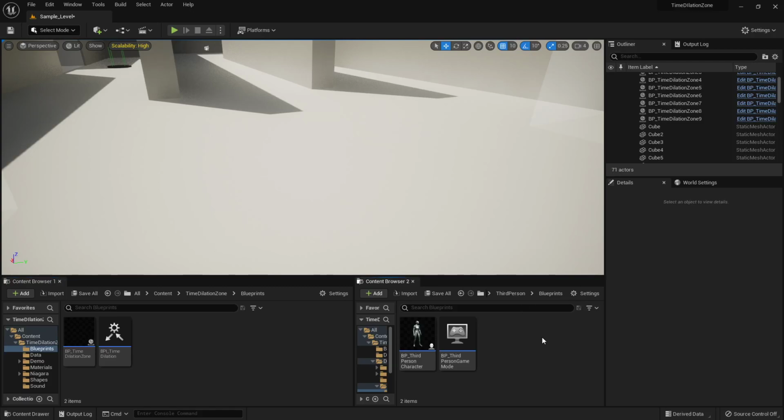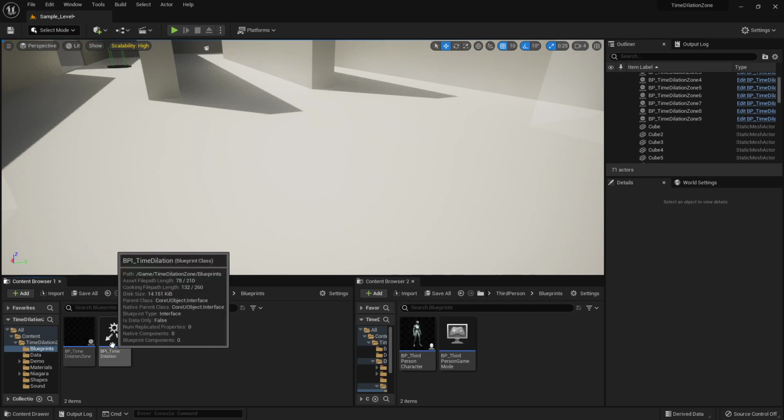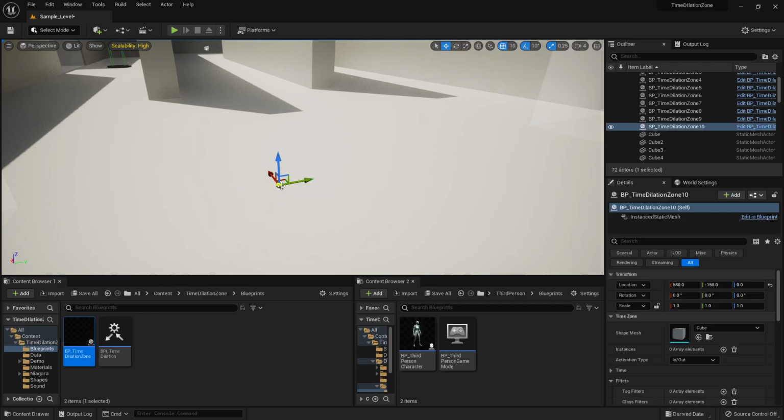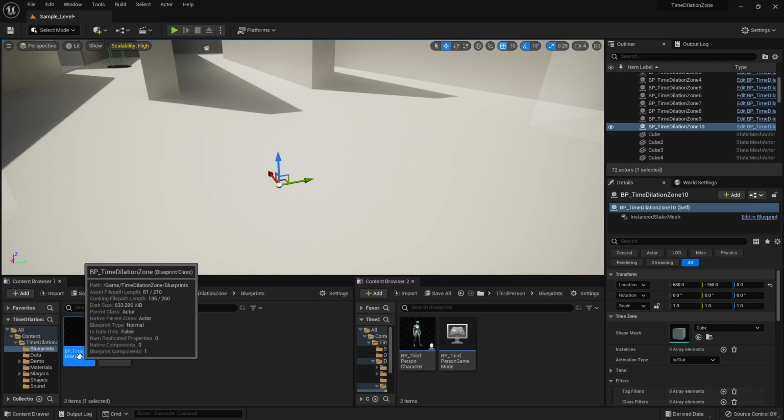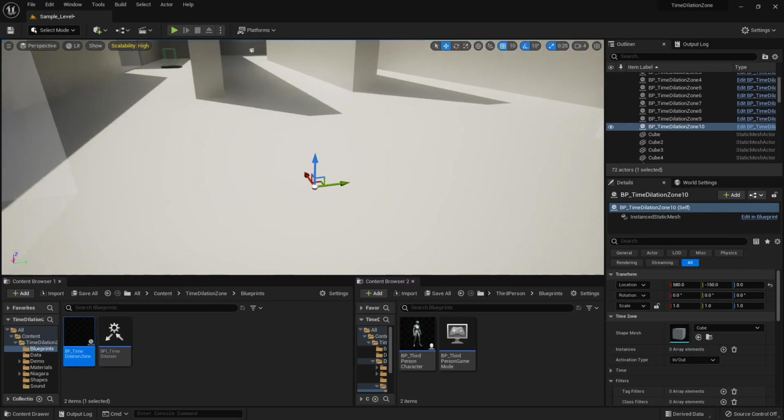So using this plugin is pretty simple. You only have this one blueprint, and then you have an interface that will help you trigger your own custom events when the character goes in or out of the zone. So what you're gonna do is just pull this time dilation zone blueprint into your level, and you can see